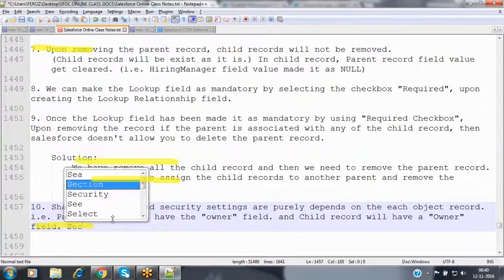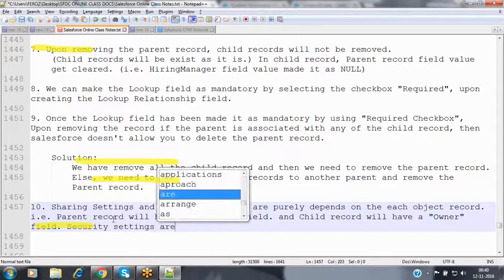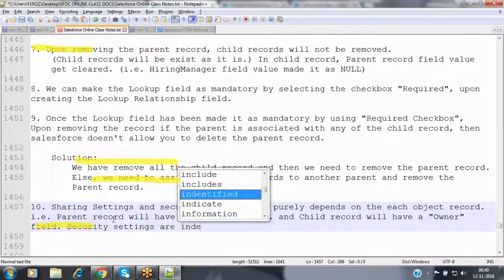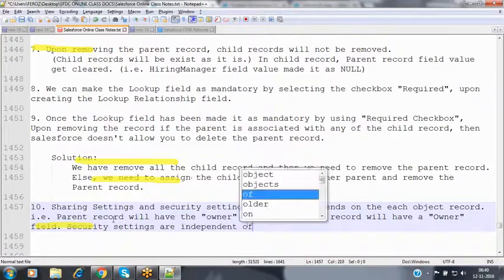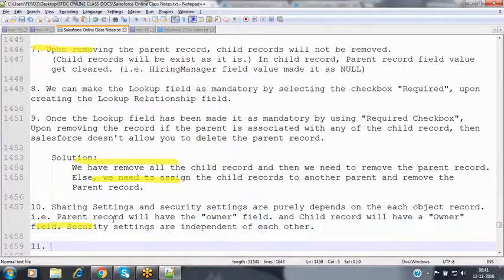The security settings are independent of each other. That's why, whenever you delete the parent record, only parent will be removed, child record will not be removed, because on the child record, he may not have the access to remove that record.